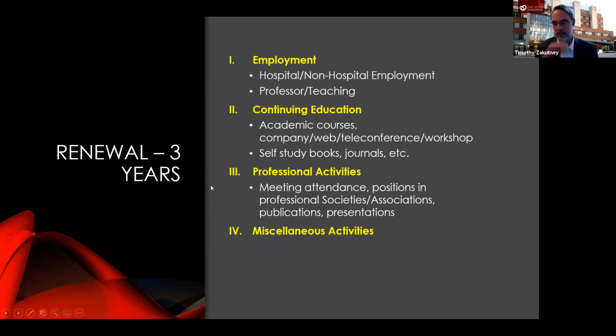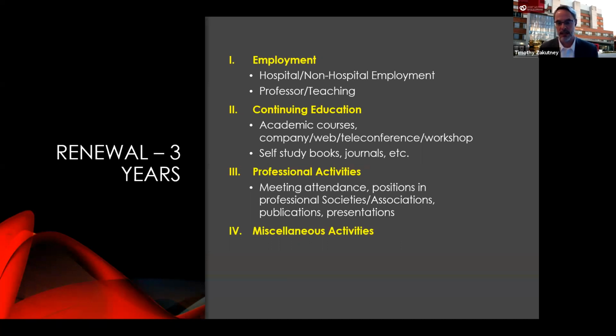So, renewals. Provided you go through all that, yay, we get a recommendation to the HTCC, you get your CCE, and all's good. And then there is a renewal process. You do have to renew your certification every 3 years. This is very similar to any other allied health or professional within the healthcare environment, where you have to